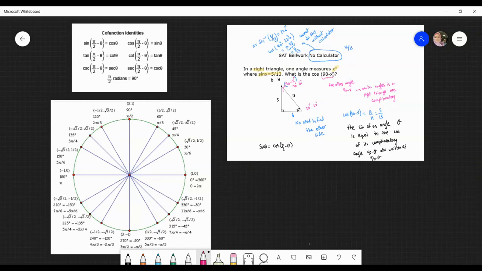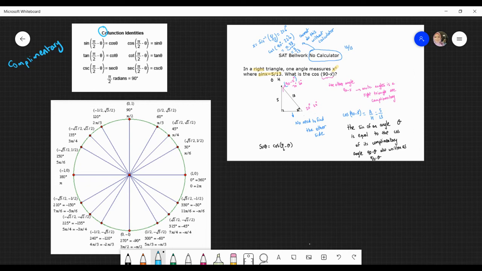Hi, in this video, we're going to talk about co-function identities. And I really want to emphasize those two letters, C-O, because that refers to complementary. So in all those identities, we're going to be talking about complementary angles. I'll come back to those notations, sine of pi over 2 minus theta equals cosine of theta and all